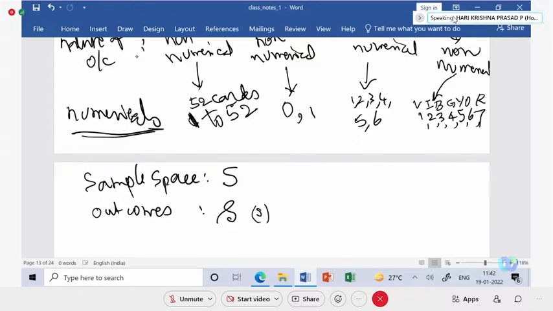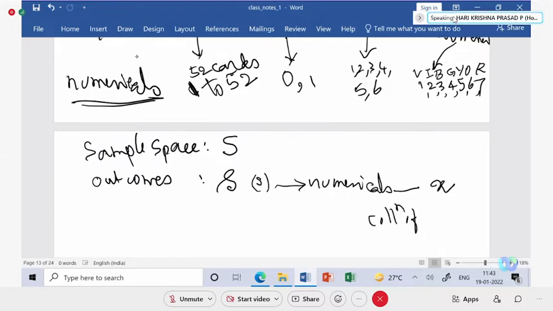Now, assigning numericals. These numericals are represented by small x, and the set of numericals is represented by capital X. This capital X is the random